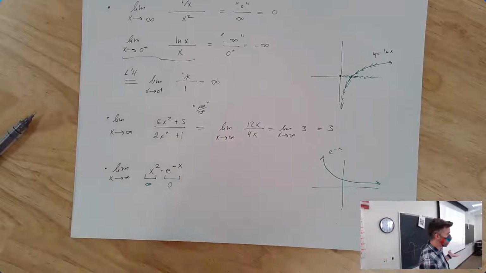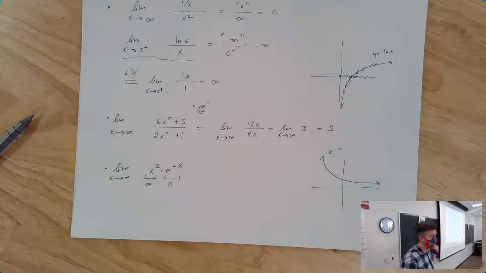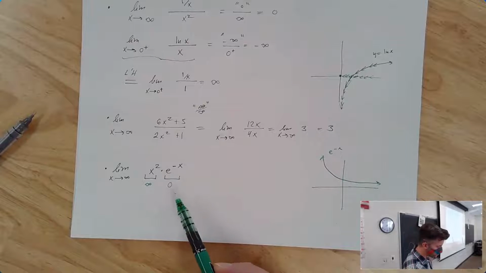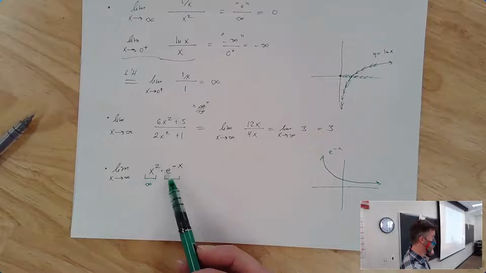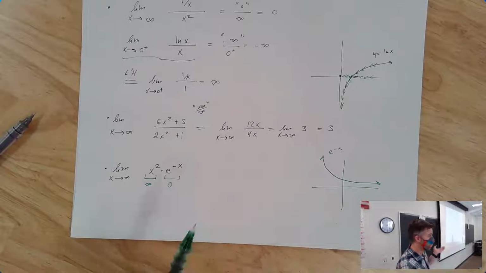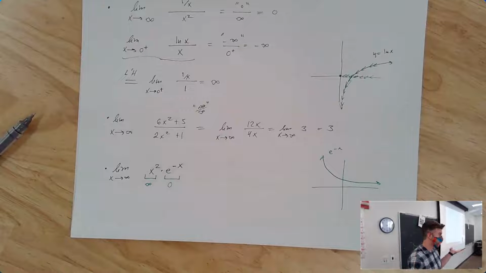What's infinity times 0? So what I want to point out is it's not really infinity times 0, because we're not really multiplying by 0. We're saying it's a very large number times a very small, but still not 0, number. And a very large number times a very small number, anything could happen. It could be very large. It could be very small. It could be somewhere in between.